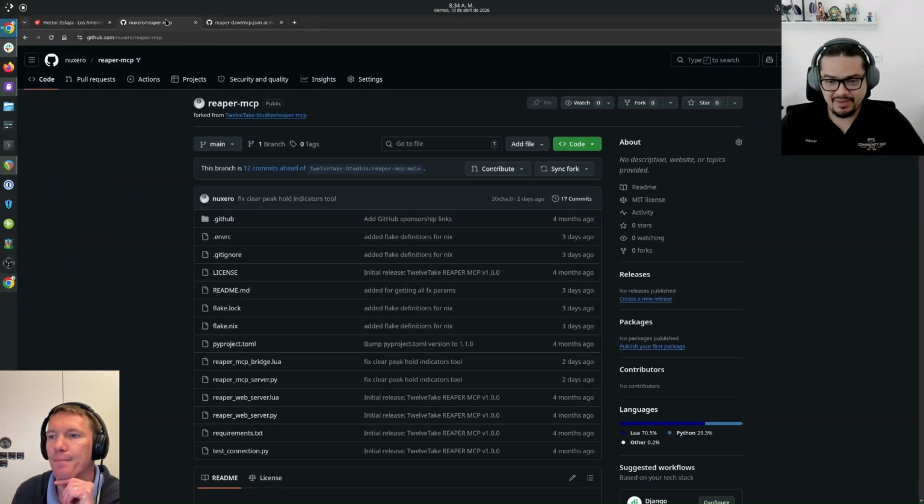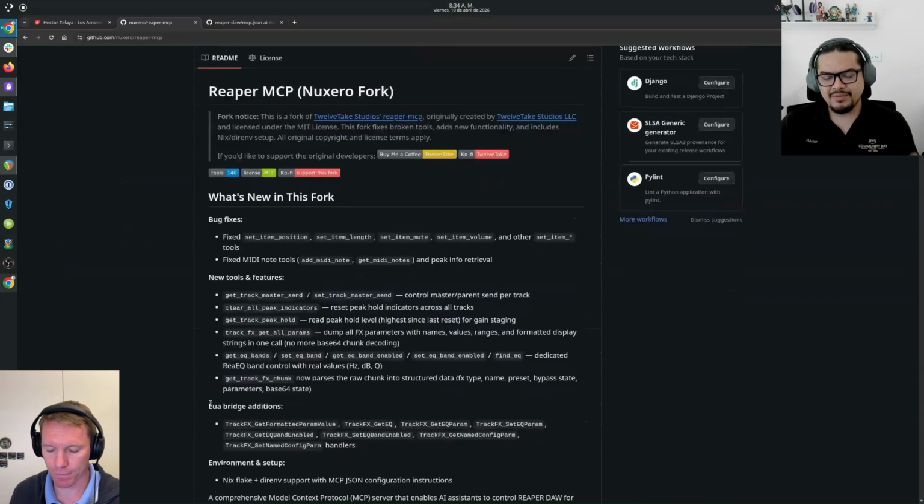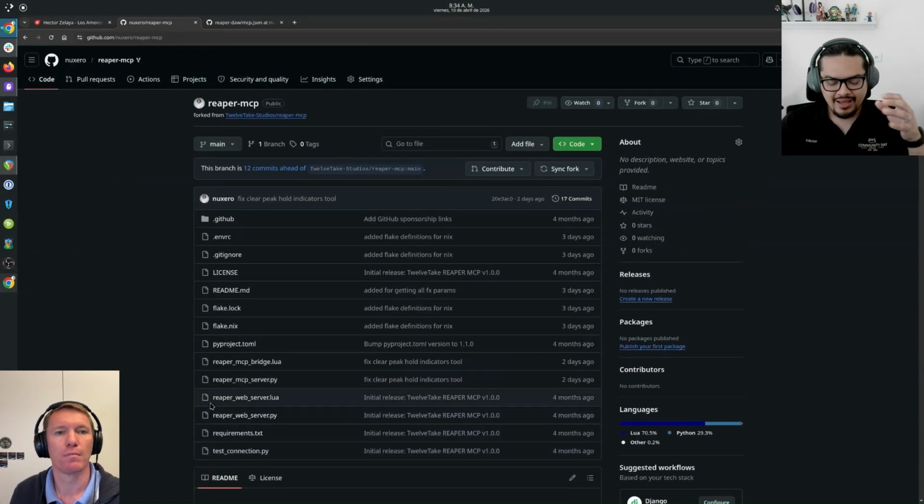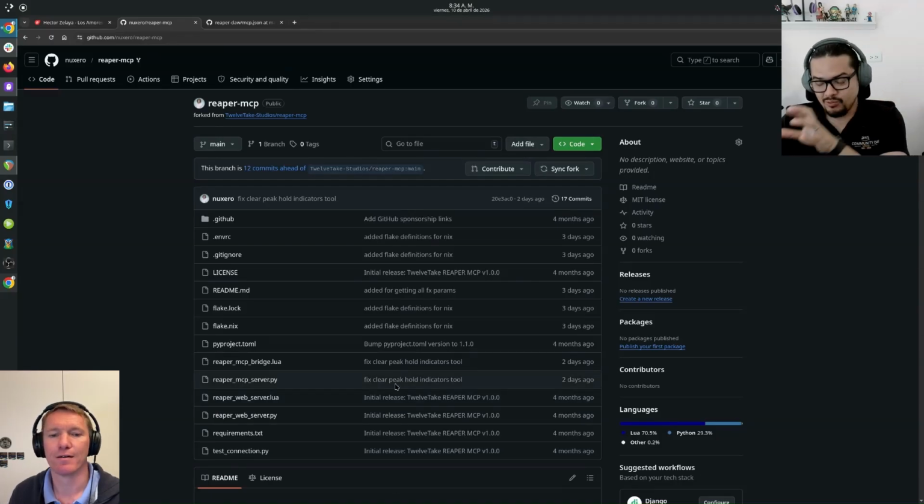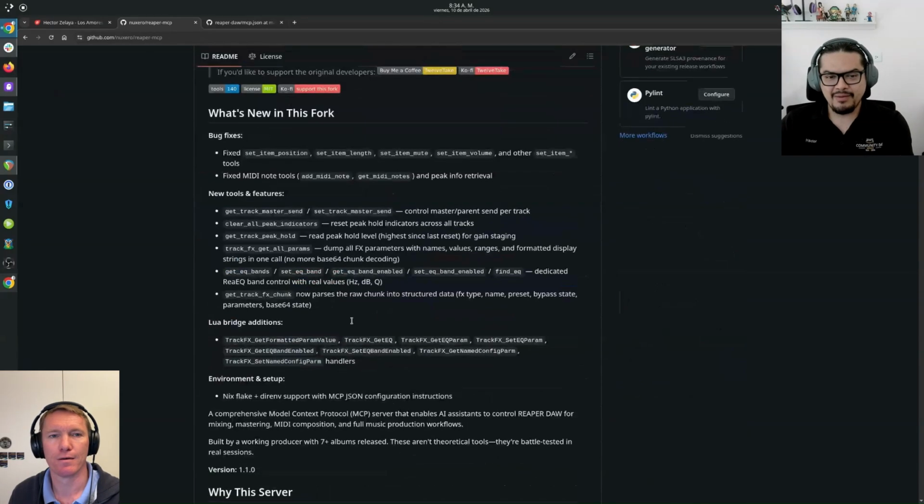And the Reaper MCP that it uses, as I mentioned before, was originally developed by 12 Take Studios, but the one that is working with this power is a fork that has some improvements.